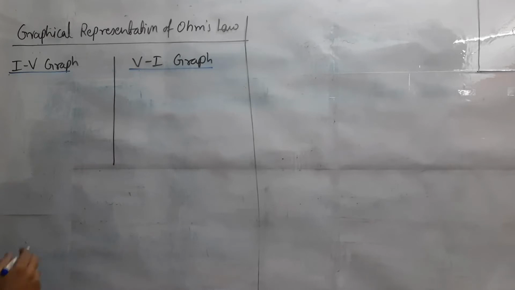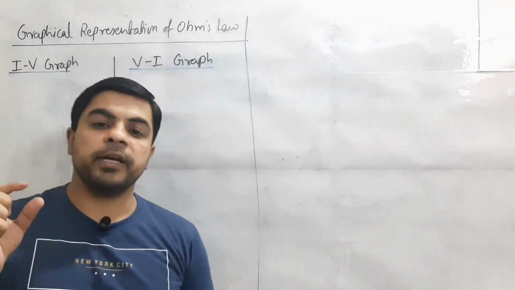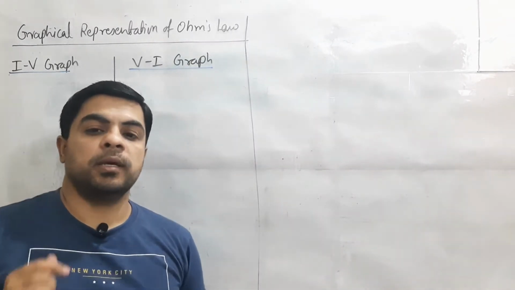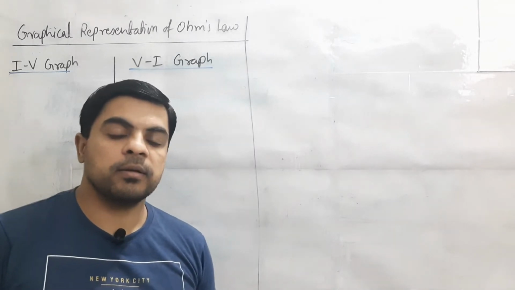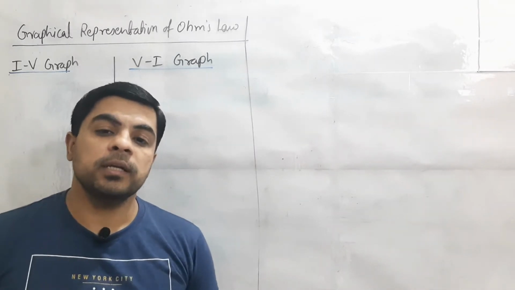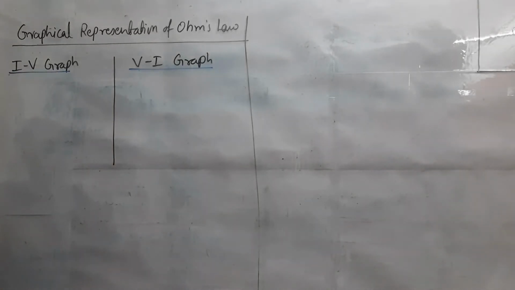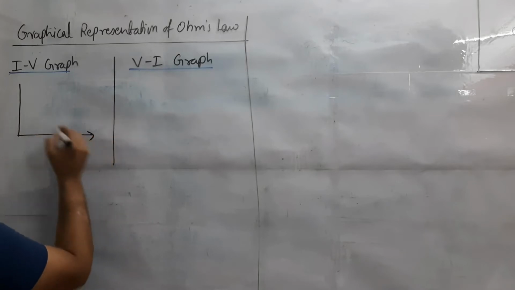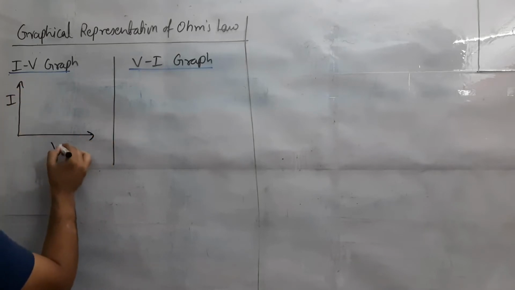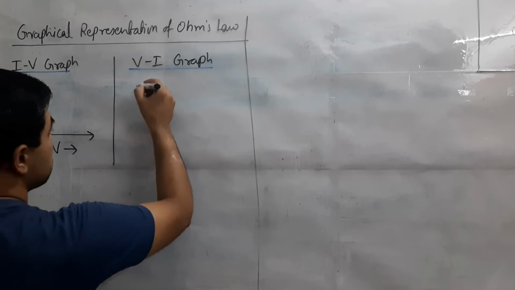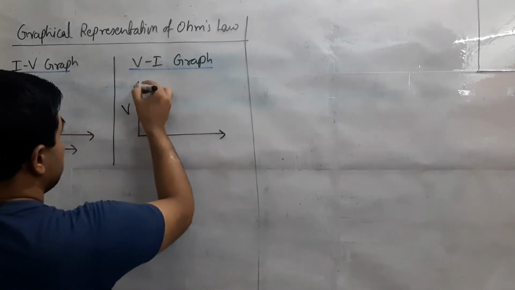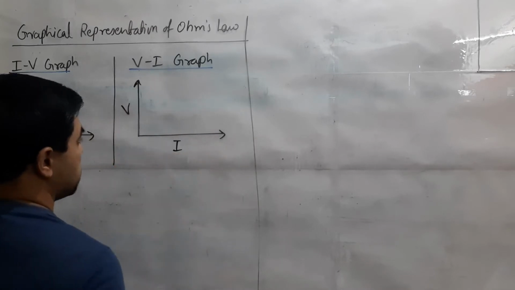The basic difference between the two is, when we are writing IV graph, this is the method of writing the name of the graph. The factor which we are writing first, that is the quantity expressed in y-axis, and the quantity which we are writing second, that is expressed always in x-axis. So if we are dealing with the IV graph, it means this is the graph between I along y-axis and V along x-axis. When we are dealing with this VI graph, this is the graph in which we are writing V in y-axis and I in x-axis.